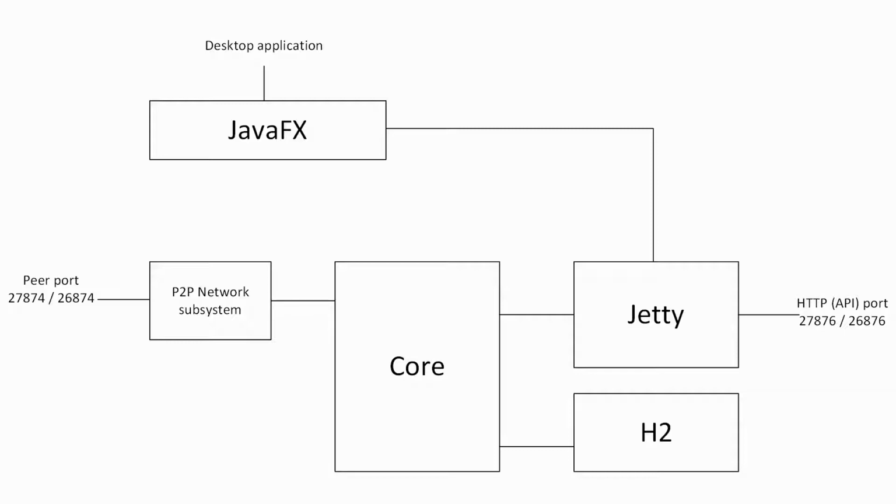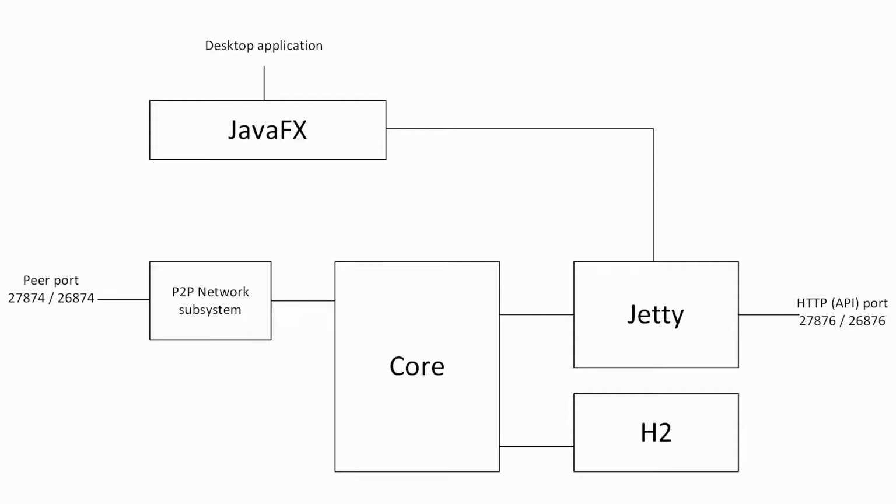The Jetty embedded web server makes it easy to build an HTTP interface that serves two purposes: the RESTful API and the static assets for the wallet. This API is the interface that all external entities use to interact with the node itself, including the wallet itself. You see, the wallet is just a web application built using standard HTML, CSS, and JavaScript. The client-side JavaScript code uses this same API to communicate with the node.